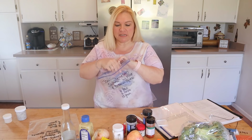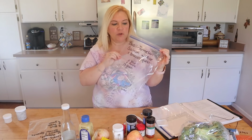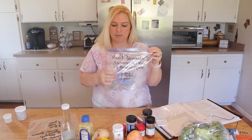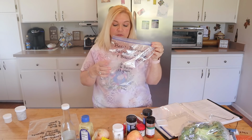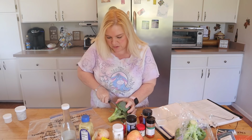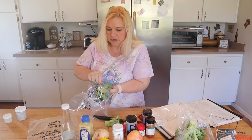So for my dinners, as I said in the beginning, if you're new, this is basically what I do. I'm just doing dinner kit. I'm putting what's in, or just write down what's in the bag. Then I put the points. I do blue, but I'm providing the points for the rest of you also. So the points that I have in the bag are for the points in the whole kit, not just the meat. So I'm just gonna cut the broccoli, put it in the bottom,